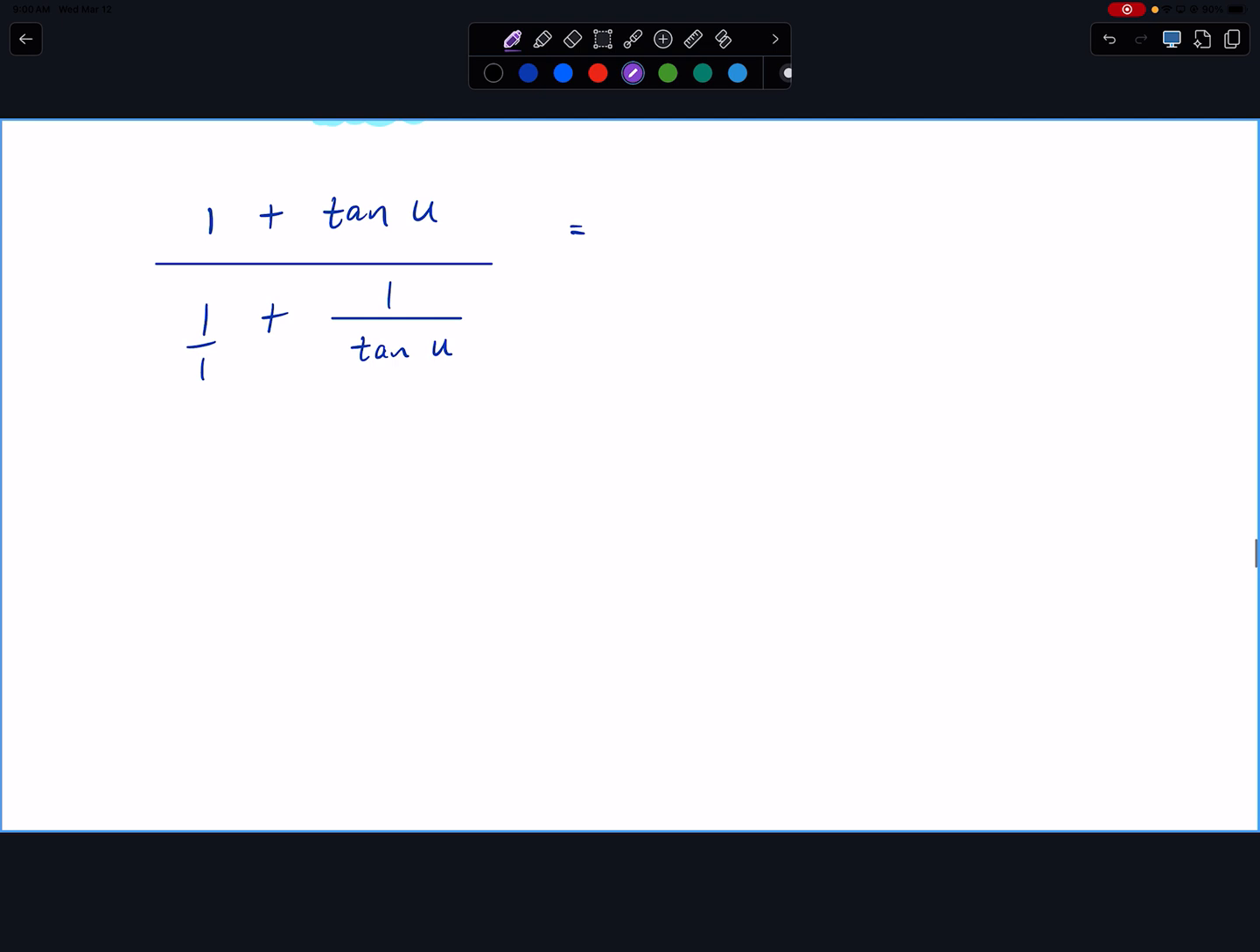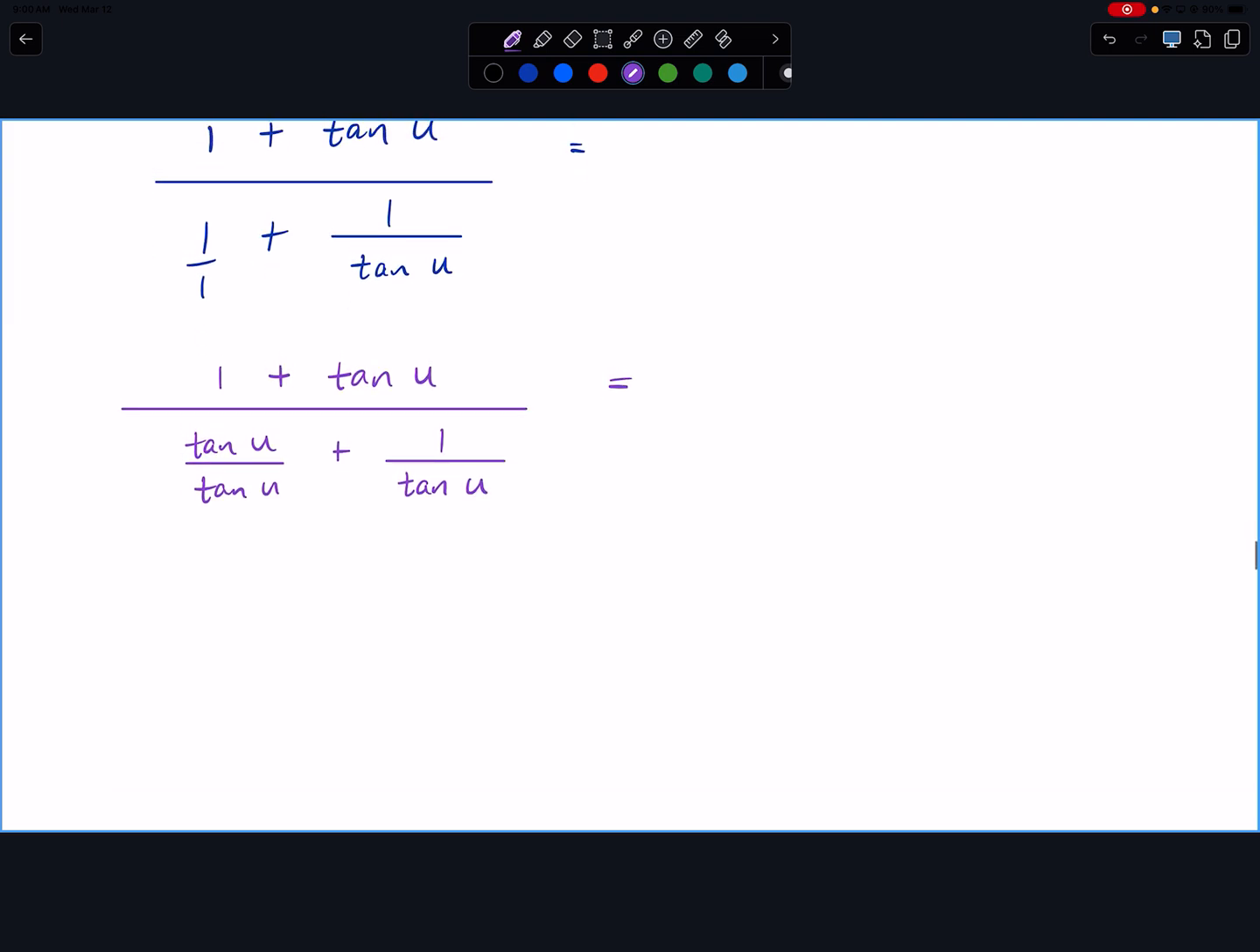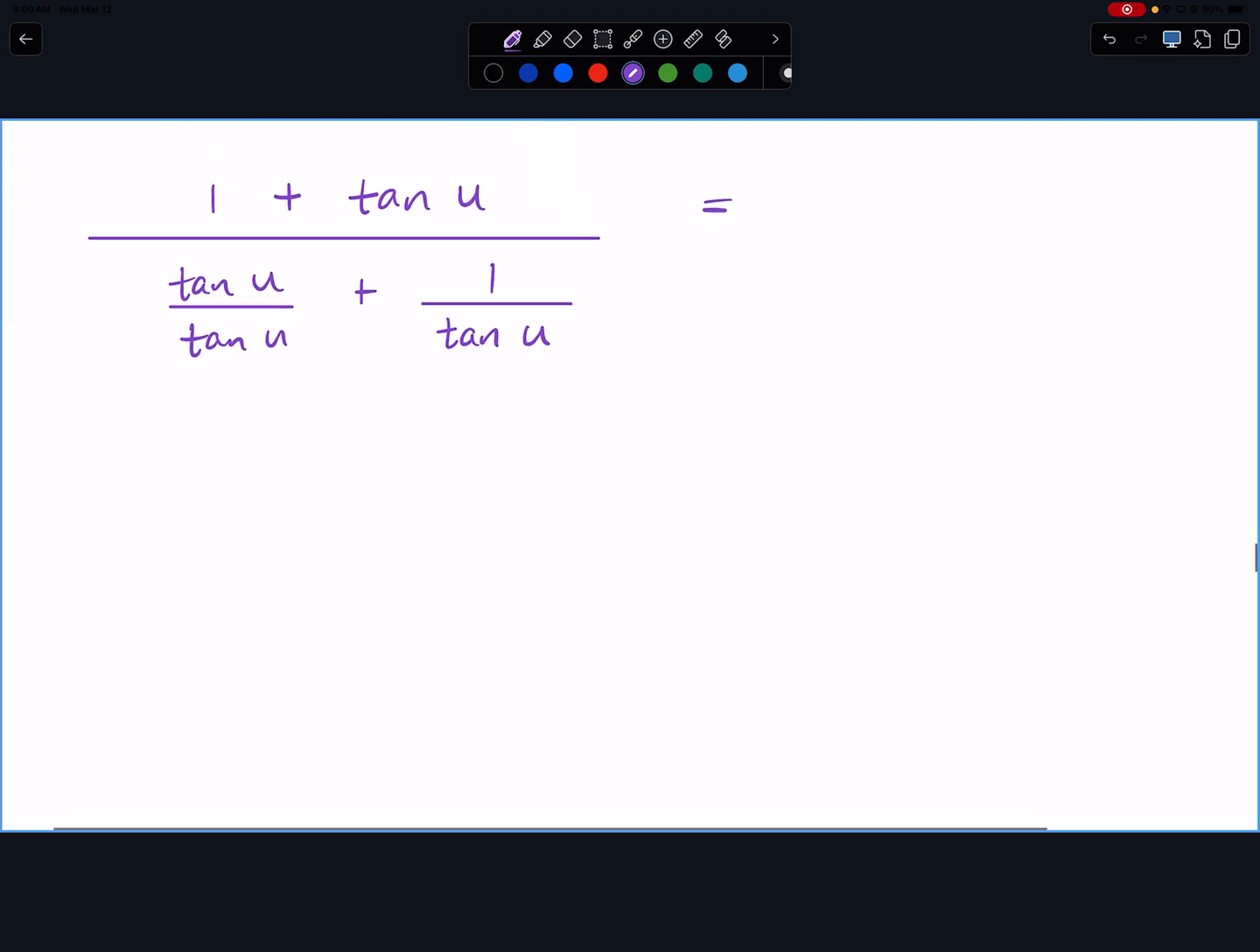So the numerator of this mess stays the same. The bottom is going to become tangent of u over tangent of u plus 1 over tangent of u. Same denominator now. So now I can add the fractions, right? So I'm going to combine this into just one fraction. So the numerator stays the same. 1 plus